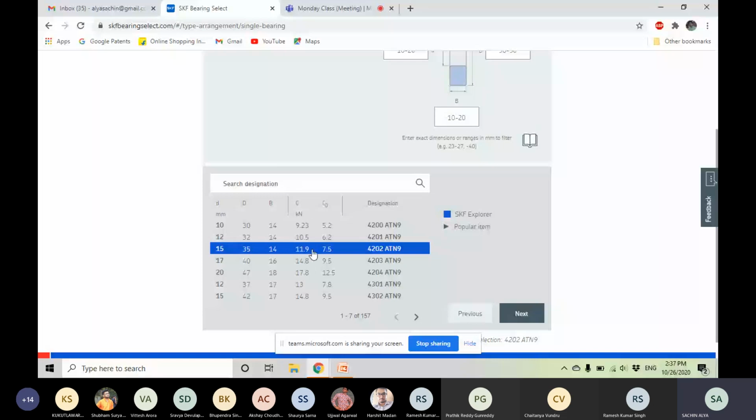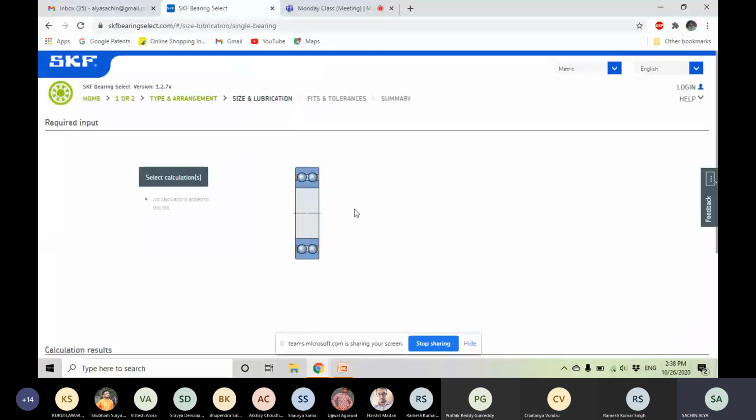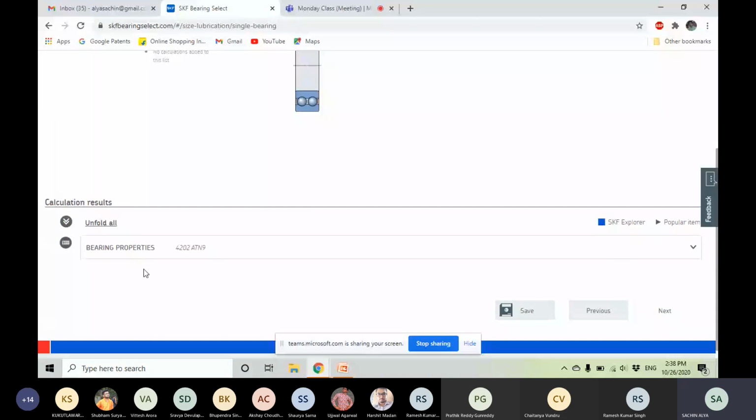So in this step we can define, let's say these bearings are sufficient for our loading condition. If not, we can go for a higher load capacity also. Let's say go for it. So in this step, it asks what calculation we need to perform on this particular bearing. So we have selected the bearing which is 4202 ATN9.